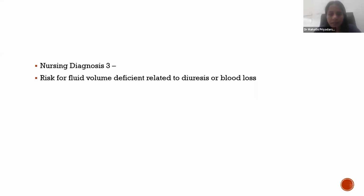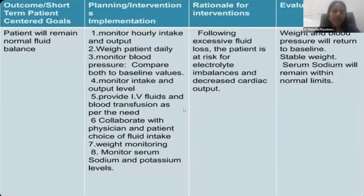Nursing diagnosis 3, risk for fluid volume deficiency. That means dehydration due to excessive diuresis. That means too much urine output, or due to blood loss. So how do we assess this? Next slide, please. So here again, you have to monitor input output, you have to weigh the patient, you have to check the